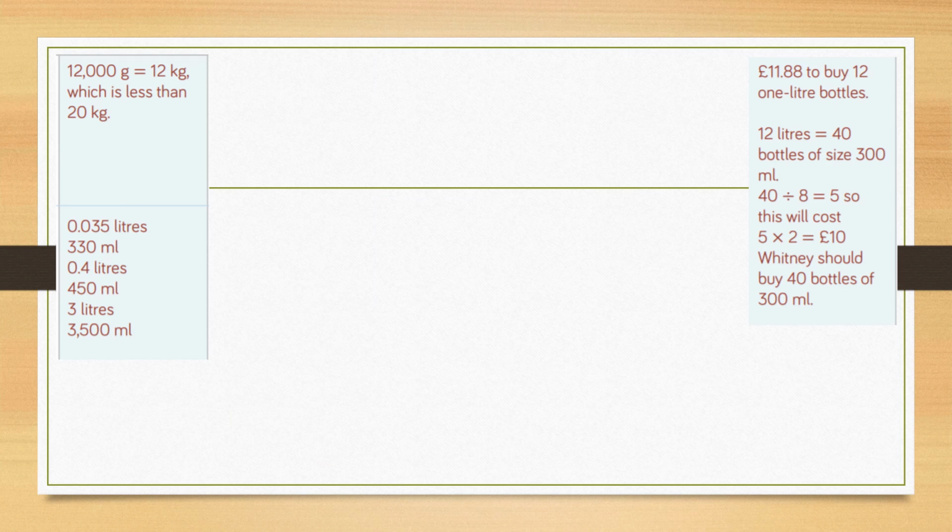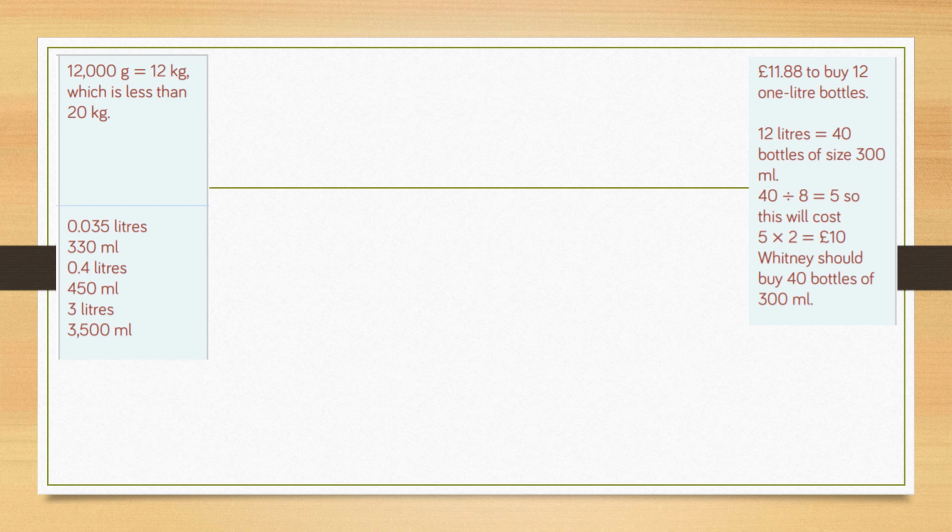So 12,000 grams, if you divide it by 1,000, is 12 kilograms, which is then obviously less than 20 kilograms, which is why Mo was wrong. And again, you could have converted them all into millilitres or litres, but you had to put them back for your original answer, so they were in the right order. All right. And then the next one,